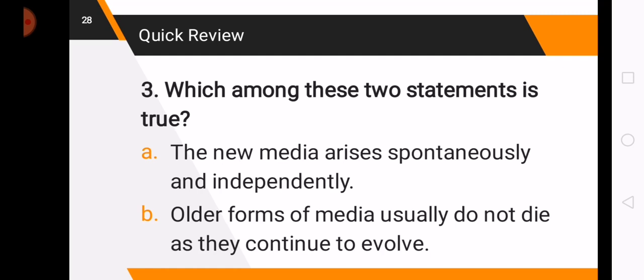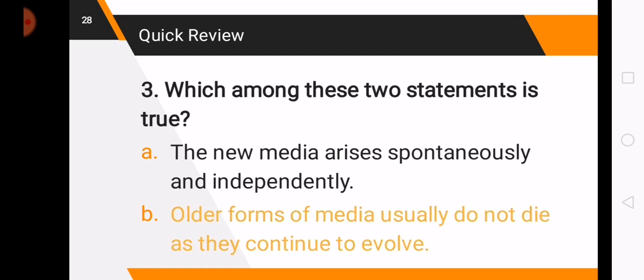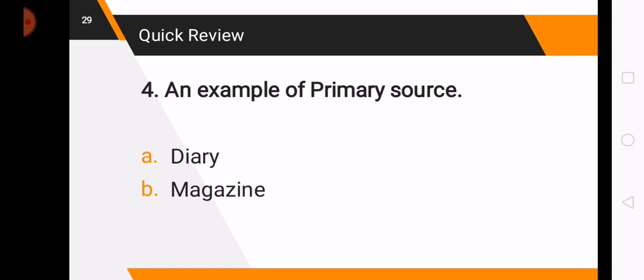So, the correct answer is letter B. Didn't I say earlier that traditional media will not die? It's just the remediation, as I said earlier, it was repurposed and refashioned into something new that is relevant now in the digital age.